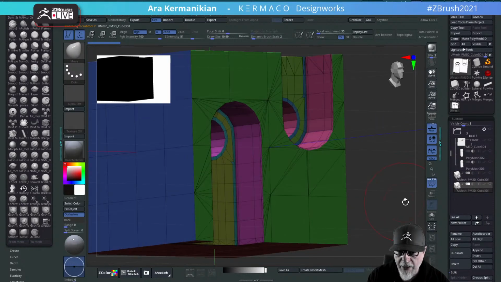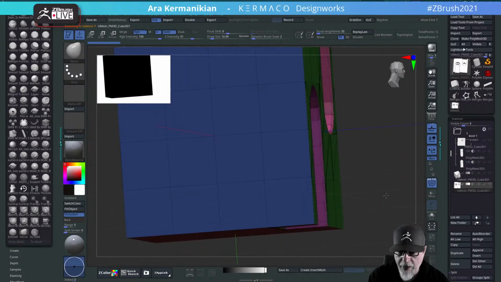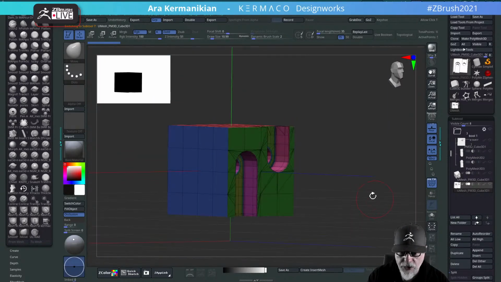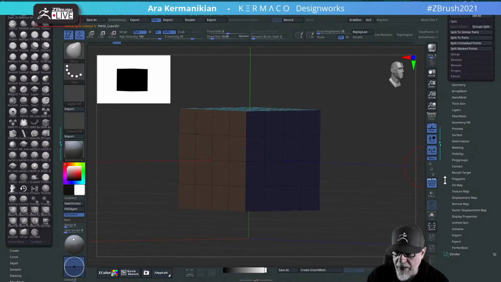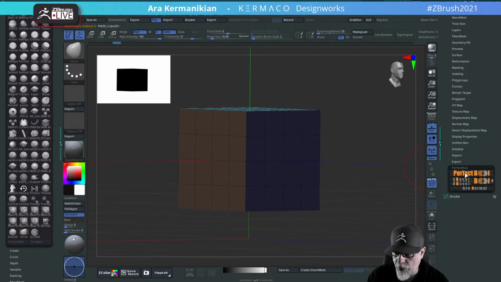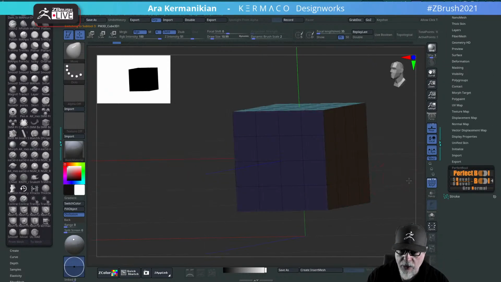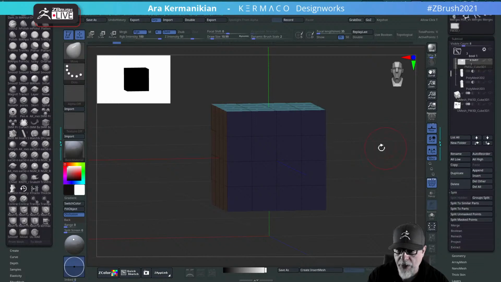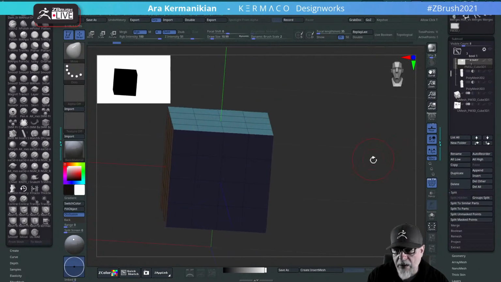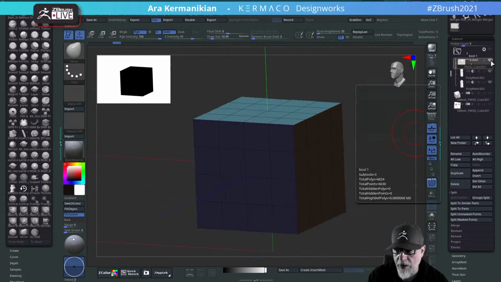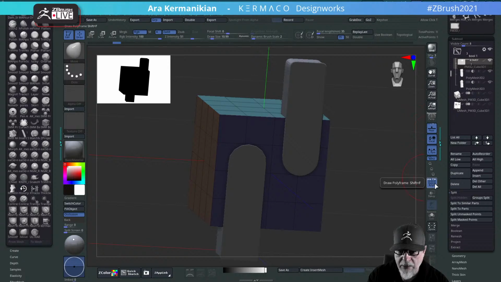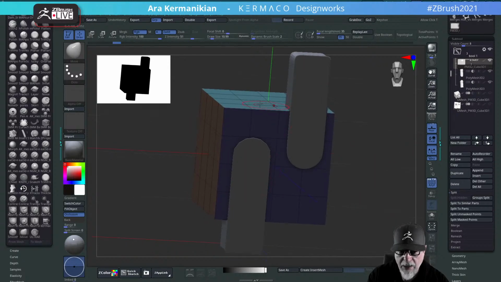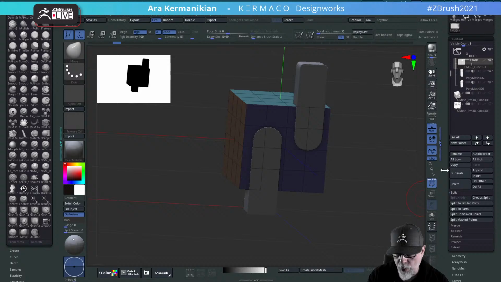So now, another thing I should also mention is that I've found something online that I use a lot, which works well for me. So here, let's say I've got this Boolean set over here, and I want to Boolean these things. There is a plugin that I purchased called Perfect Bool, and Perfect Bool is really good for doing Booleans because it gives you something decent for the most part with all these parts. So I'm going to turn all these guys on again so I can see them. Here I've got this part that had a lot of detail, this one that didn't, and then I've got this cube. And if I launch Perfect Bool,